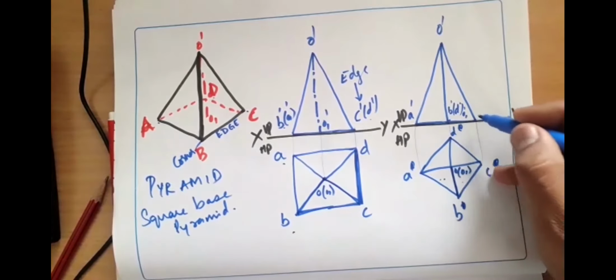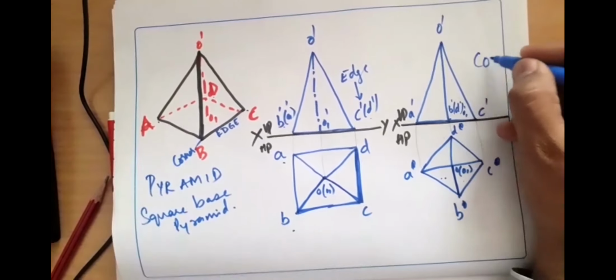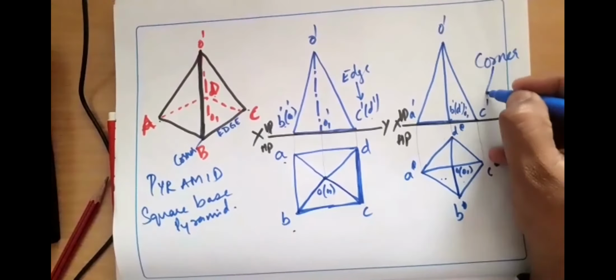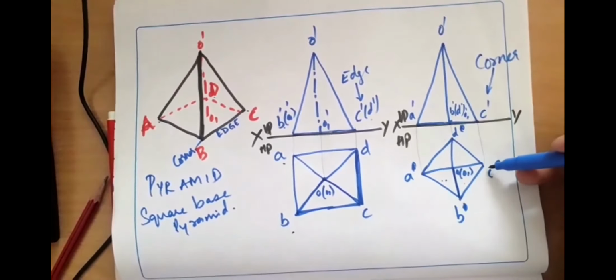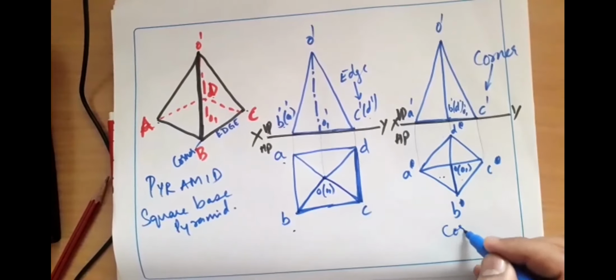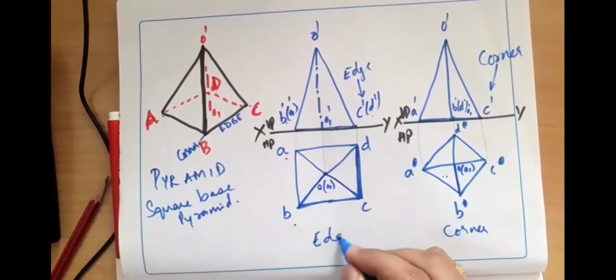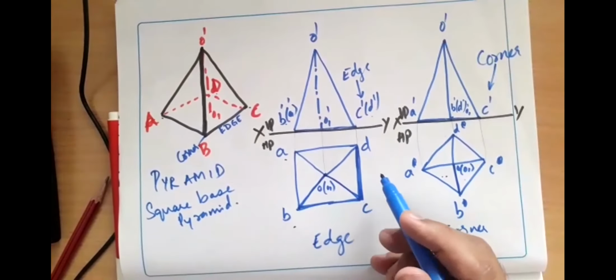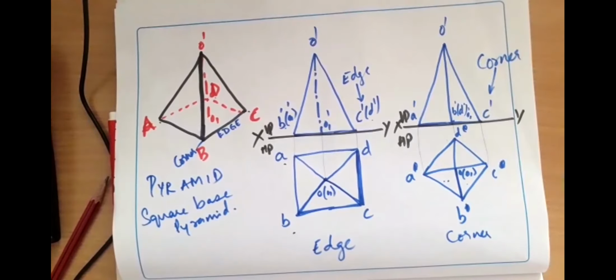Next, O1 dash. And here also, this corner is only C dash, which represents the corner. If there is only one name, here also one name, that is C, which is a corner. Corner condition: on the right-hand side I have made a corner. Edge condition: I have made an edge here on my right. So I'll keep on changing the position of this pyramid in the next two steps.